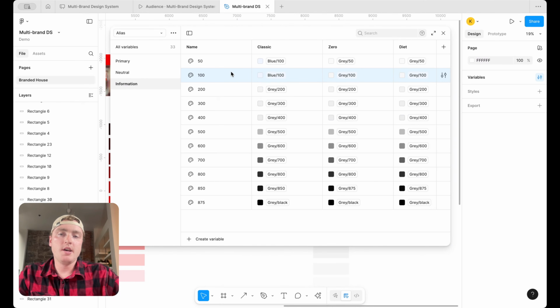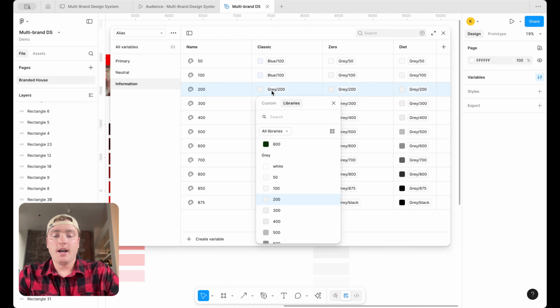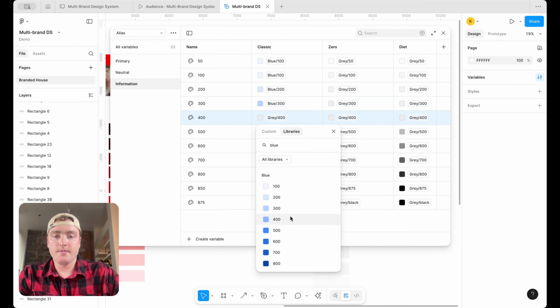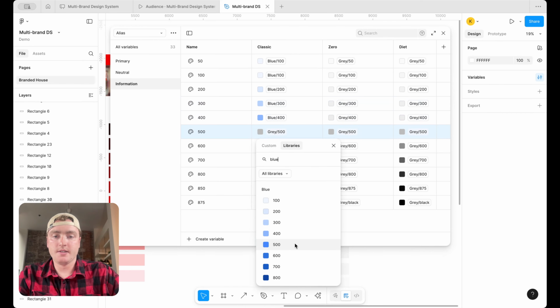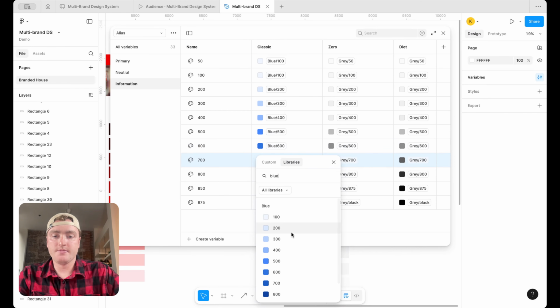But if you don't have a blue 50, you can just connect it to the lightest blue color. That's fine. I know design systems are not always so nimble. Okay, so blue 400, blue 500, blue 600, blue 700, blue 800,